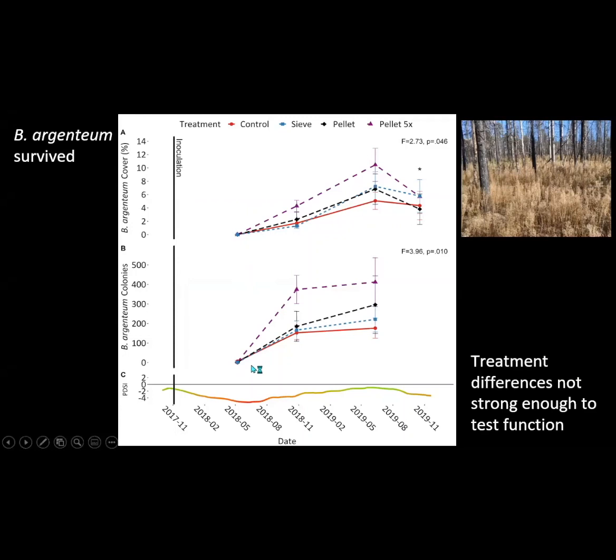or that first monitoring time point. It was incredible that once the monsoon season started and we did start to get some precipitation, the pelletized at high volume, the 5 times pelletized, we did see increased cover there compared to other treatments. So the red is the control. And this was really exciting because we ended up having a lot more,